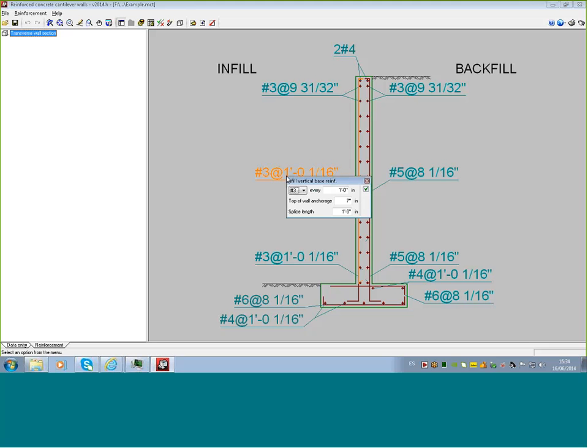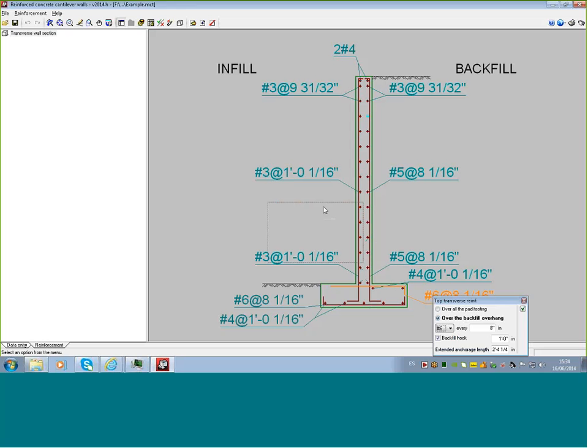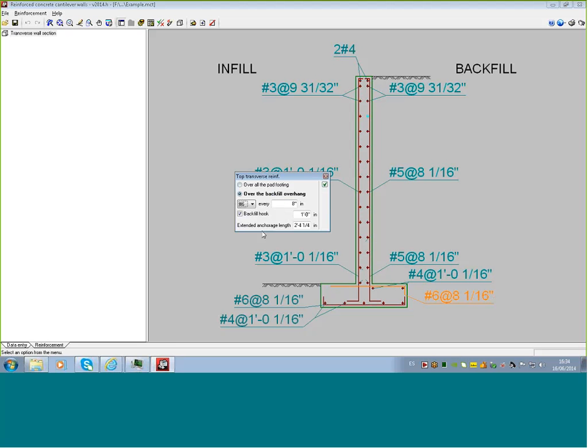So you click it, and you will have the opportunity to change the bar, to verify the situation and change it. In this case, we go to the bottom, and I will see that the extended length is 2 feet. So I'm going up to, for example,